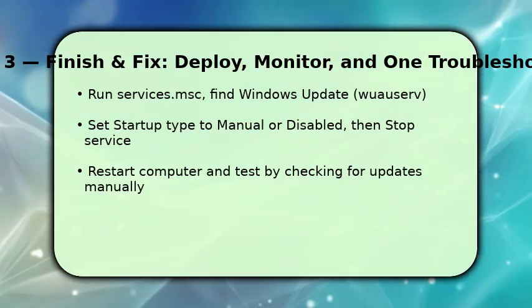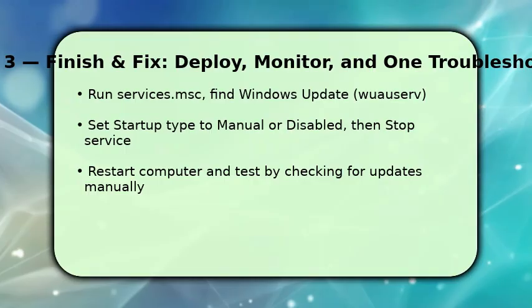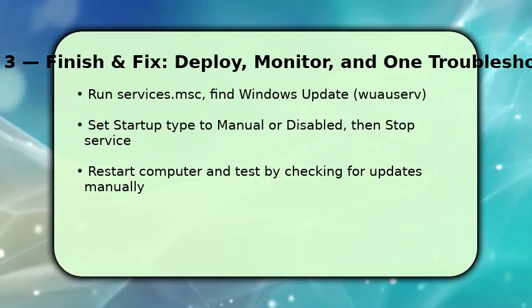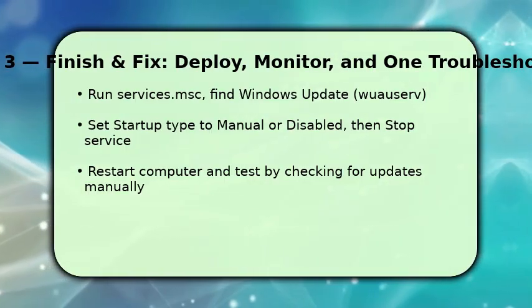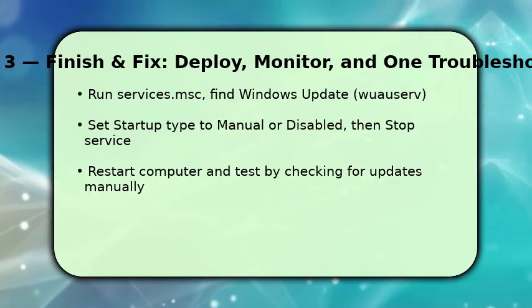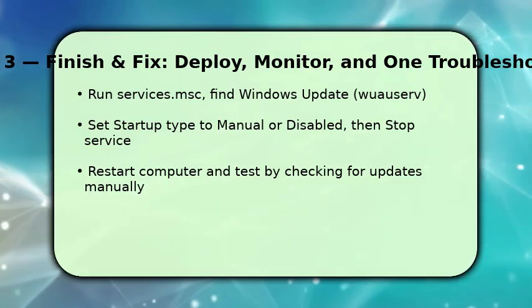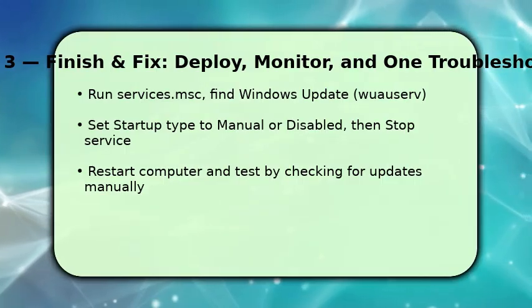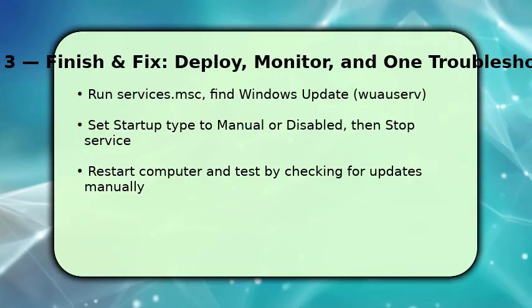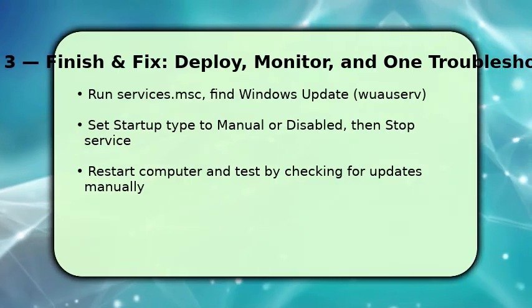For full manual control, run services.msc. Press Win+R, type services.msc, press Enter. Locate Windows Update Service, right-click Properties, set Startup Type to Manual or Disabled, then click Stop to halt the service immediately. Once done, restart your PC to ensure changes persist, then open Windows Update and click Check